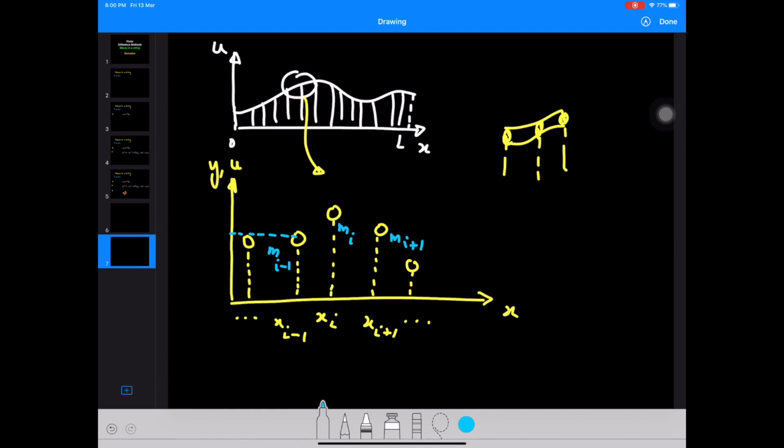So this has a vertical position ui minus 1, this has a position ui,